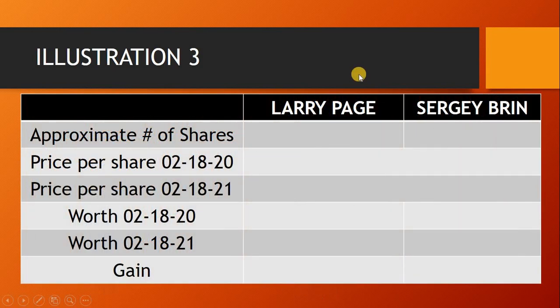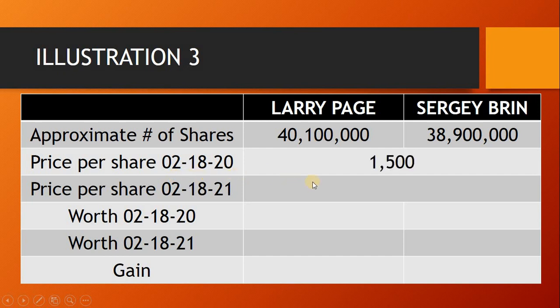So let's look at this table. The approximate number of shares for Larry Page is 4.1 million and for Sergey Brin is 38.9 million. The price per share last year, that's February 18, 2020, is approximately $1,500, and the price today, February 18, 2021, is approximately $2,100. If we multiply Larry Page's approximate number of shares by the price per share last year, it would be a staggering